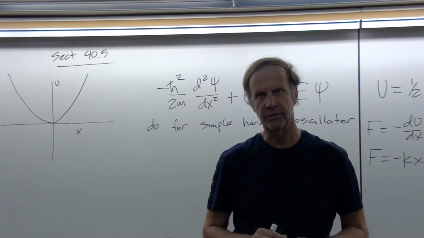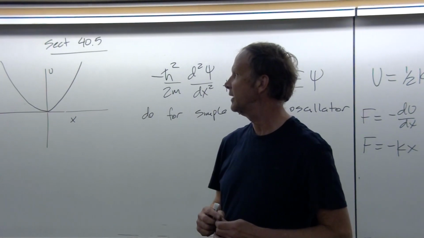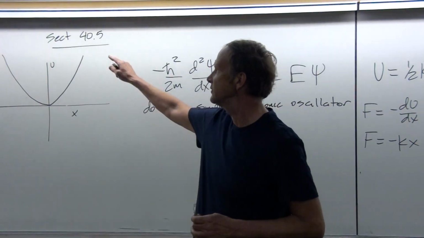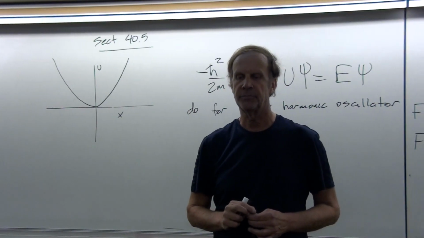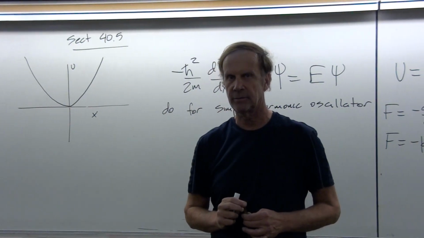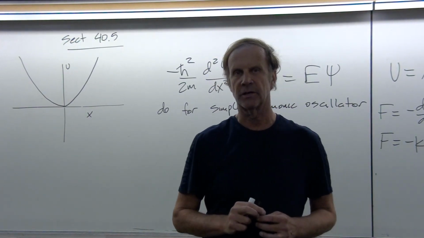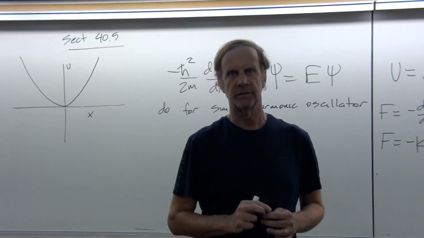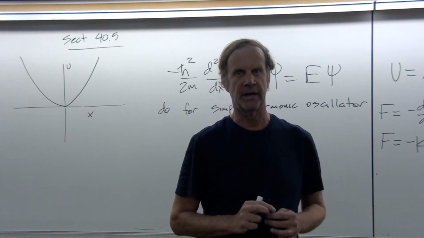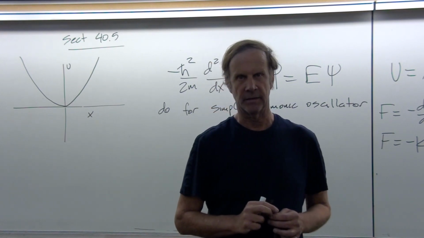I wanted to make sure that I covered the subject of simple harmonic motion. What we're going to be doing is solving the Schrodinger equation for the simple harmonic oscillator potential. This is the subject of section 40.5 in your text, and that'll be the last subject covered for the quiz. But for the midterm, which is 2 weeks from Wednesday, we'll also be covering some solutions for the hydrogen atom in chapter 41, and I outlined that in the announcements that I sent out last night.